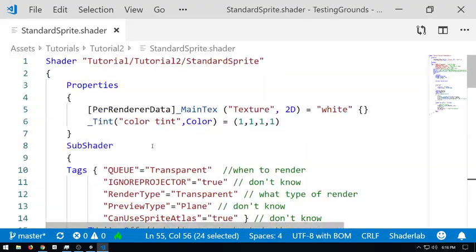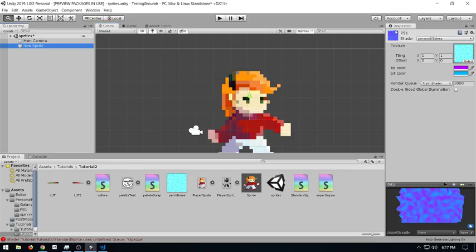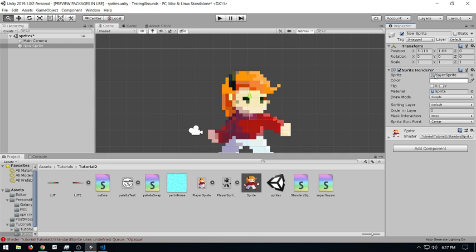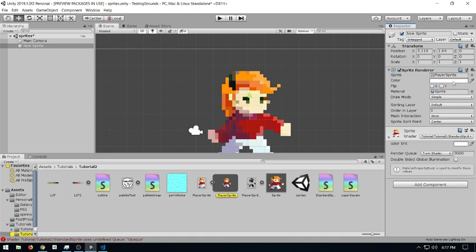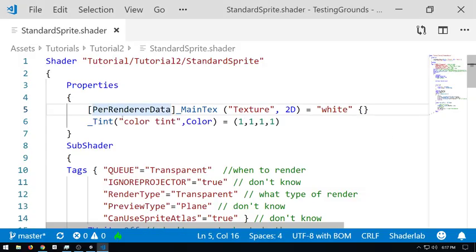Oh, one thing I forgot to mention. Is that locked? That's locked. Because of the way that Unity likes you to use sprites via the sprite renderer, more often than not, you'll be passing the sprite through here and not through a shader property. What you do for that is say per renderer data. This essentially tells the shader that the input for this is not going to be coming from the editor. It's going to be coming from some kind of script or something else in a different component. It just makes your life a little bit easier.